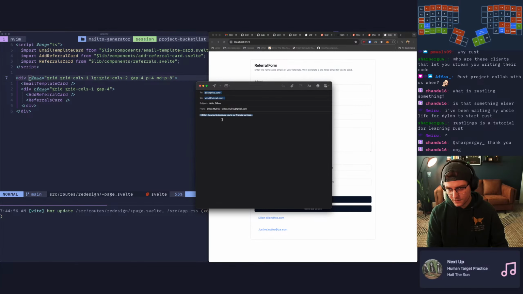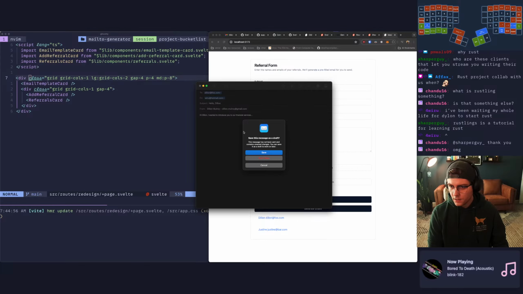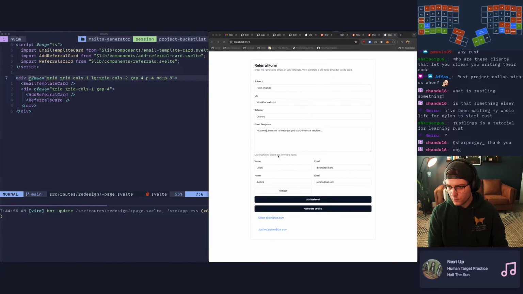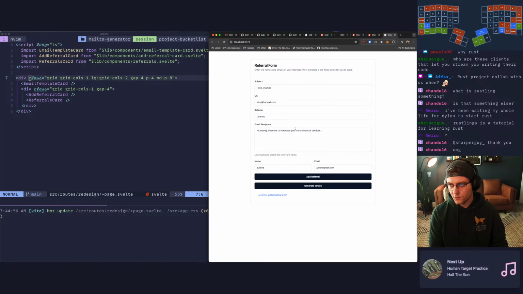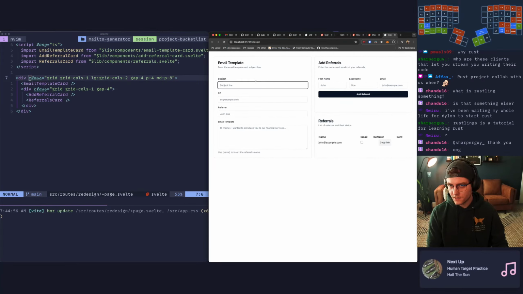So I have somebody that basically wants this little tool for their employees to be able to just quickly do this. We are going to take the functionality here and implement it on our redesign. So if we slash, yep, that's what we want. We have to implement this because none of this works right now. This is just static HTML.